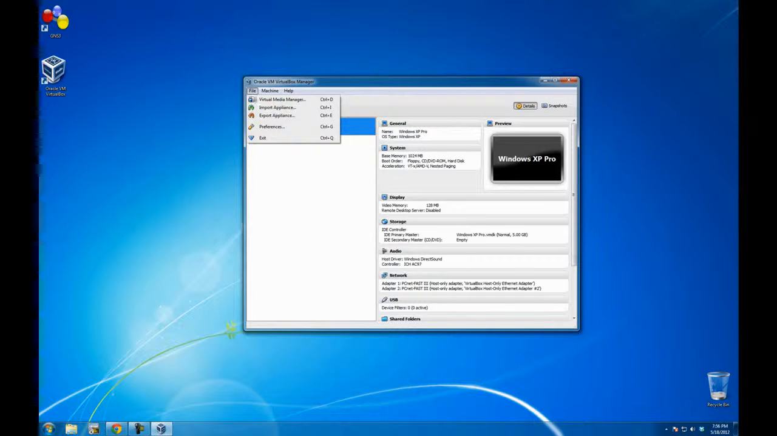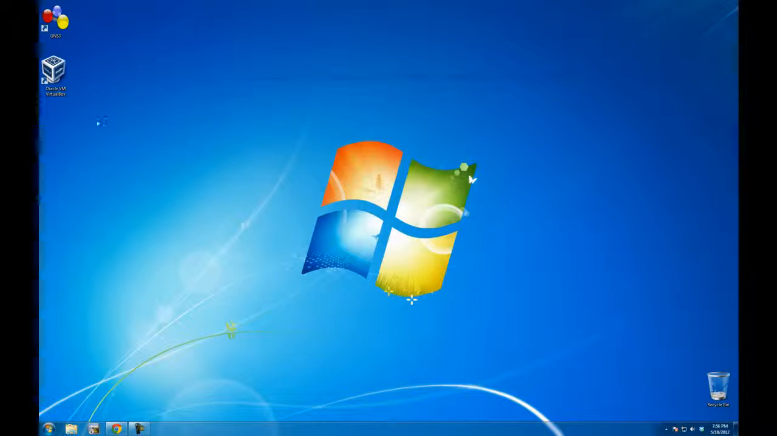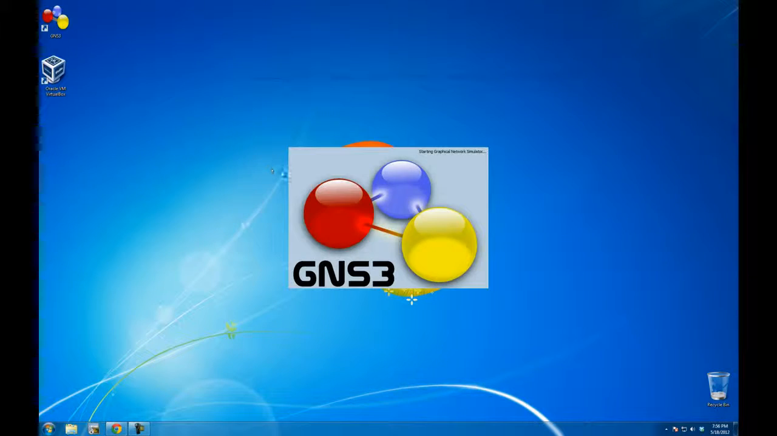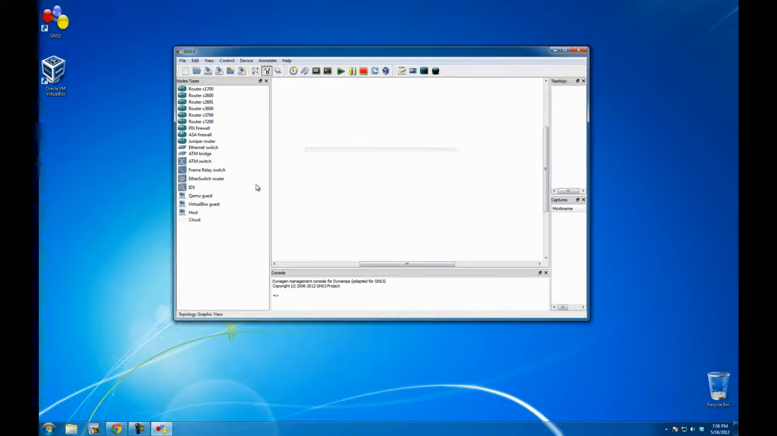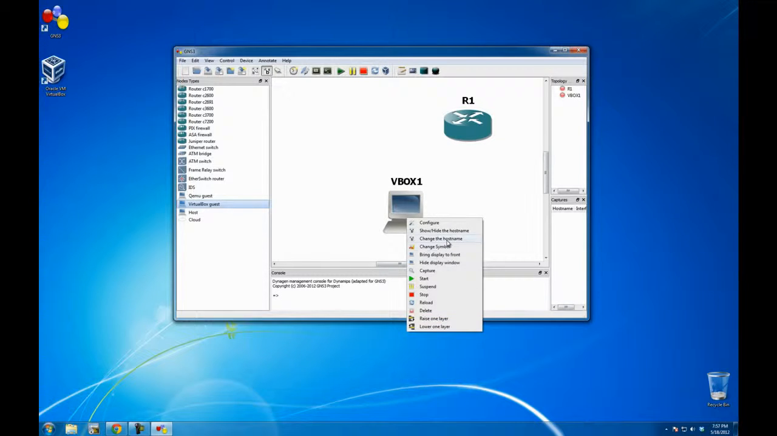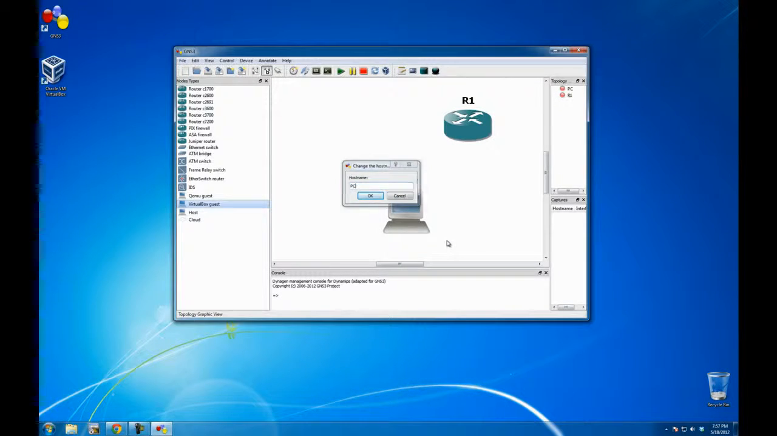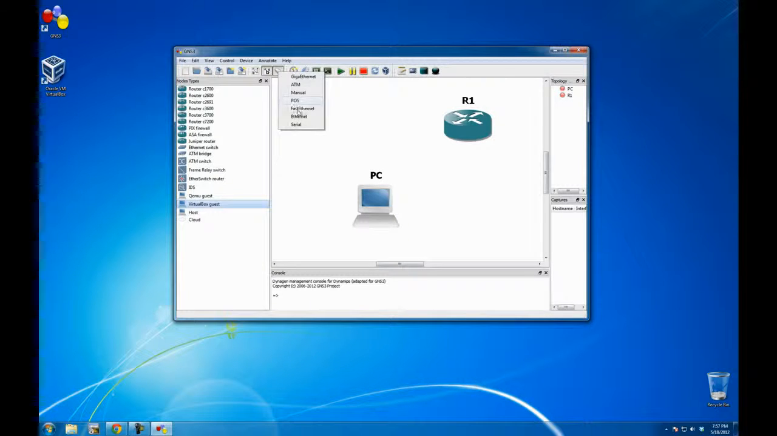So everything is done now. I'm going to exit, go back again to GNS3, just cancel it. We've already set up VirtualBox earlier. I'm going to drag one of these routers and guest operating system as well. Just let me rename it, call it PC, and let me just go fast Ethernet